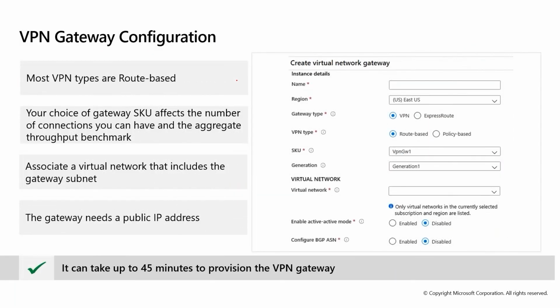Then you have to do the configuration. The configuration page will look something like this. You have to provide the name, which region you are going to deploy it in, and what kind of gateway it is, VPN or ExpressRoute. Then the VPN type, whether it is route based or policy based. Then there will be SKUs. I don't know whether I discussed these SKUs with you or not, but SKUs are like